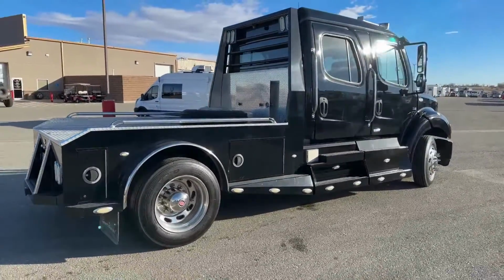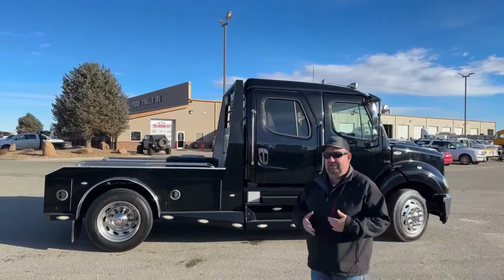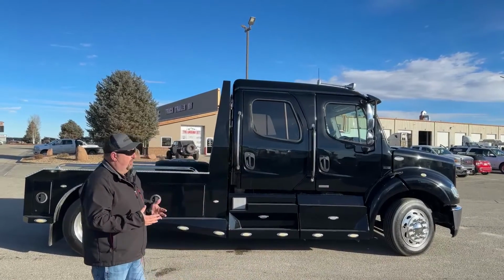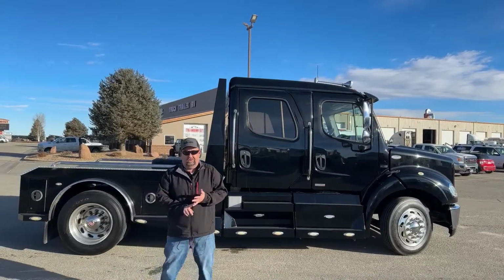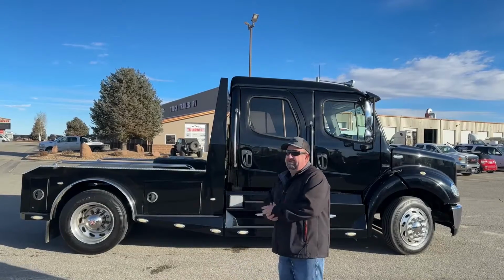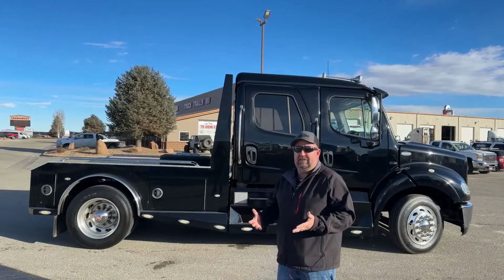and while we admire it, let's talk about a few questions that I commonly get asked. The most popular one is, do I need a CDL to drive this? Well, the answer to that is it depends on what you're using it for. If you're towing an RV, a boat, horse trailer, things like that, no, you don't. But if you're using it for a commercial basis, example would be hot shotters, they would, because they're basically using